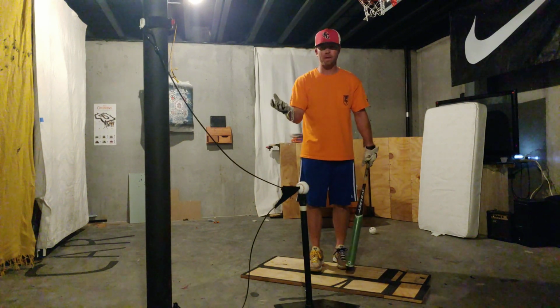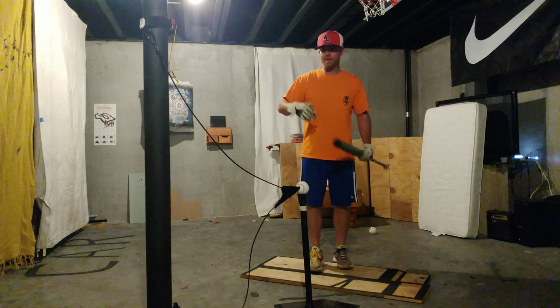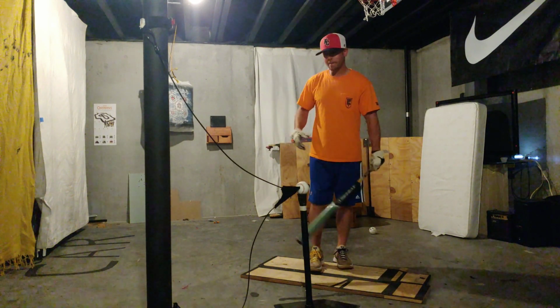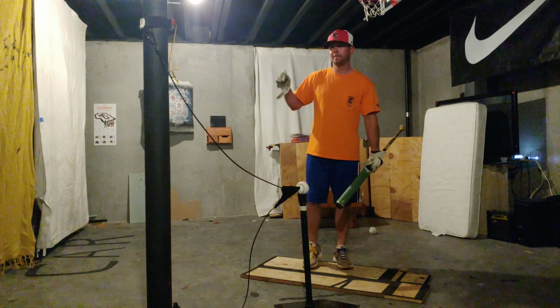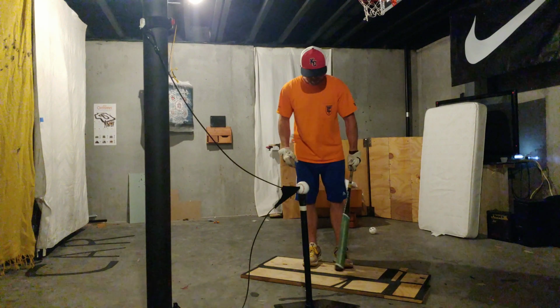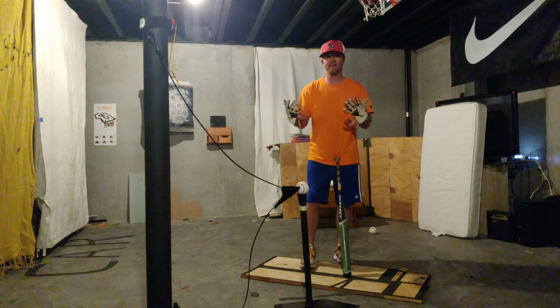Your swing's never going to be perfect. You're going to go through times where you hit .500 and sometimes where you go 0 for 25. And you're going to have to get back in the cage, get back on the tee, make these little tweaks here and there. The easiest way to do everything right now for you, though, if you got gloves, I know you wear gloves,